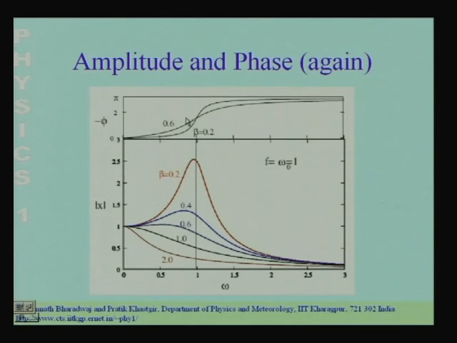It reaches a value pi by 2 over here. So, minus phi is exactly pi by 2 out of phase with the oscillations at the resonant frequency, at the frequency omega naught equal to 1 in this case, and then it crosses over and tends to pi as the driving frequency is increased. Also notice that as you increase the damping, this transition becomes smoother. So, if I have no damping, there is a very sudden transition in the phase, and as I increase the damping, the transition in minus phi from 0 to pi becomes more and more smooth.